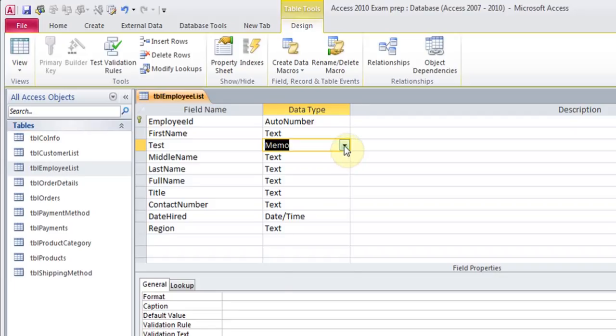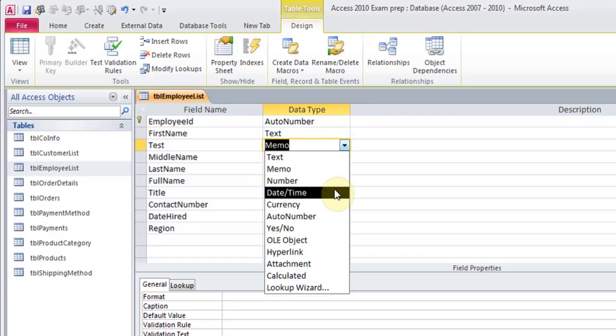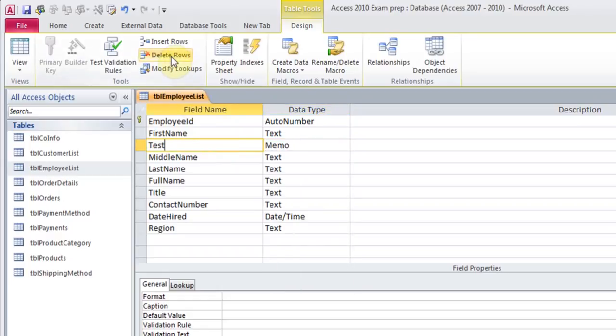Or they might ask you to change it to date and time or currency. So you need to understand what the data type is, and then you need to come here and change it to hyperlink or whatever it is that they want you to do. And I can click in here, and